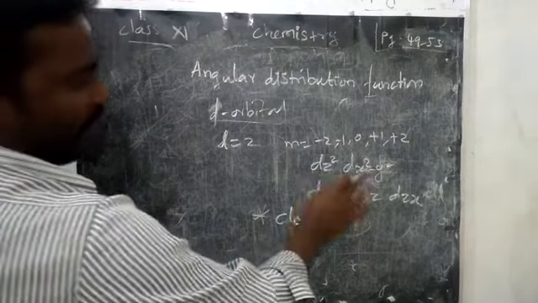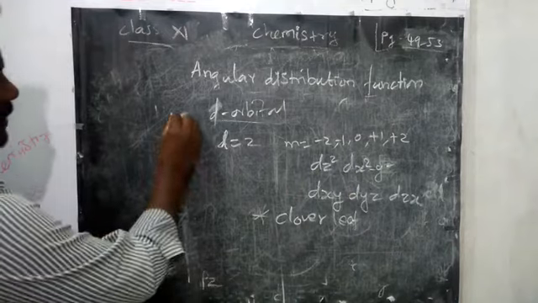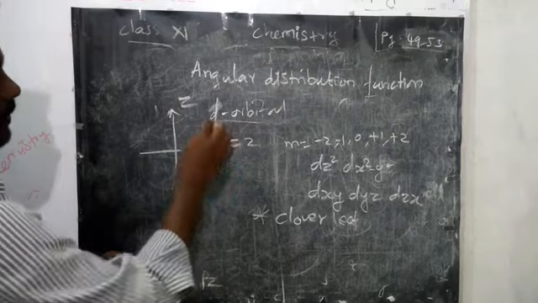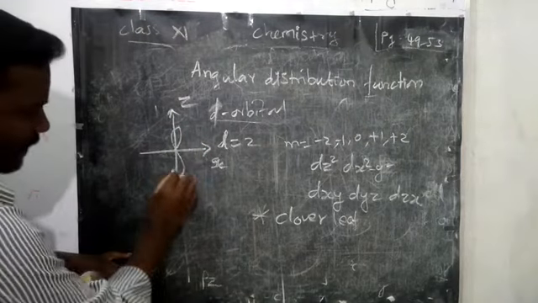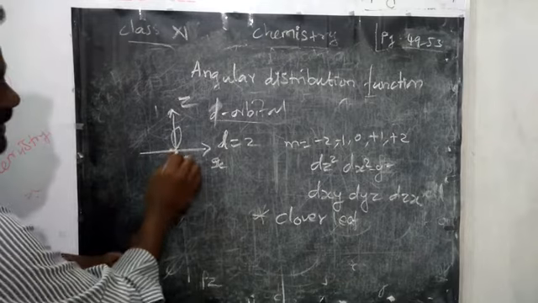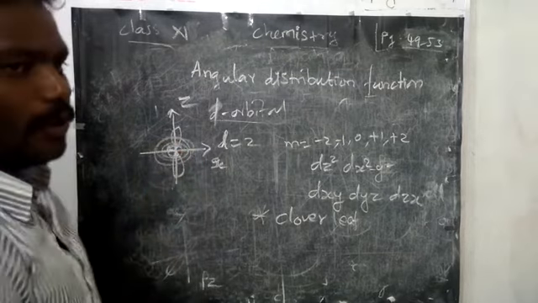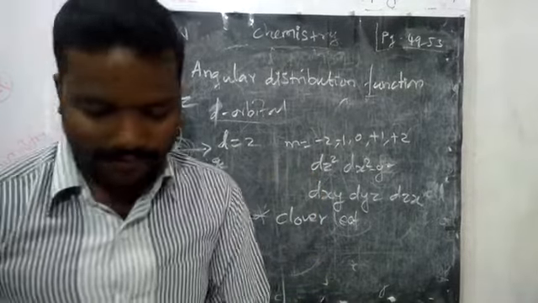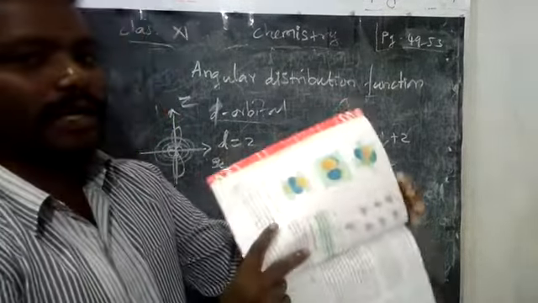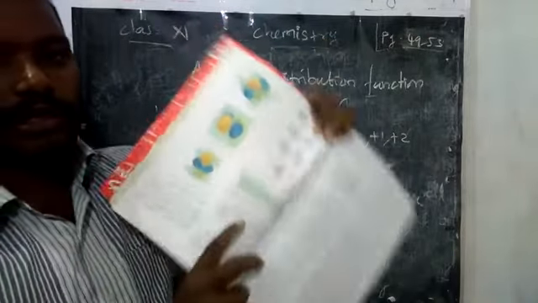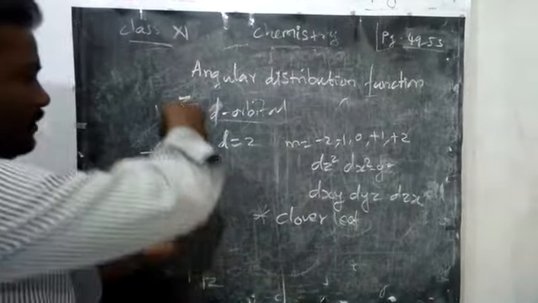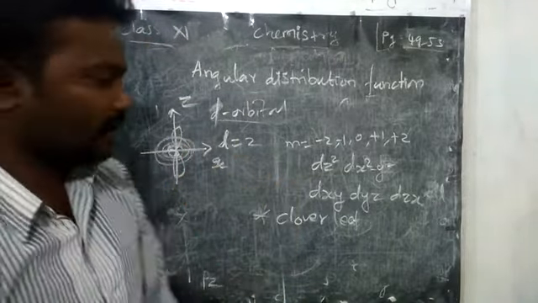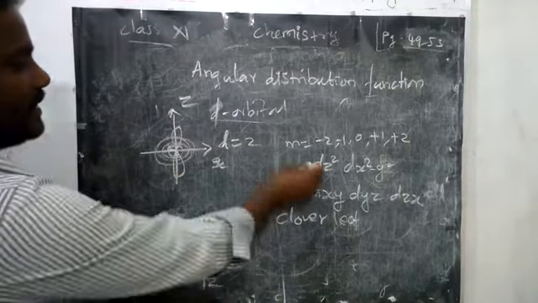Here, very important: dz square. We will start from dz square. So this is the z axis, x axis. In the z axis there are only 2 loops with an electron cloud, which they call a donut shaped electron cloud. If you see the diagram in the book, it is easy to understand. See, this is called a donut shaped electron cloud. There is a dumbbell, and in between we have the cloud of electron. This arrangement is called dz square.